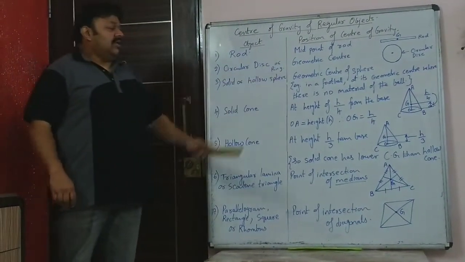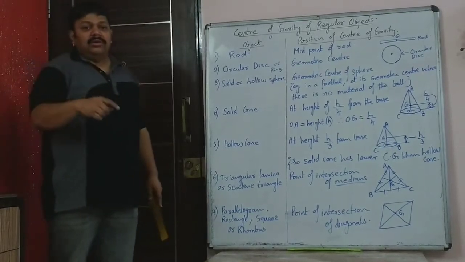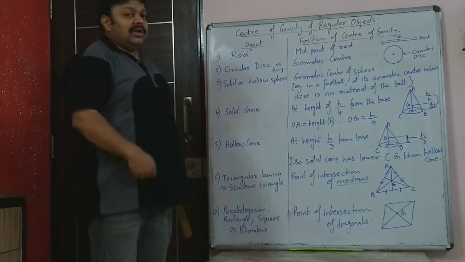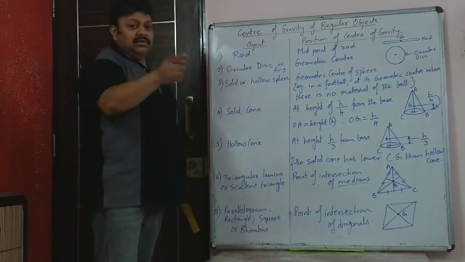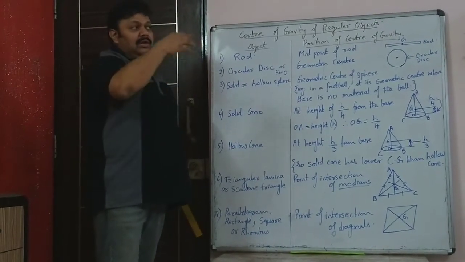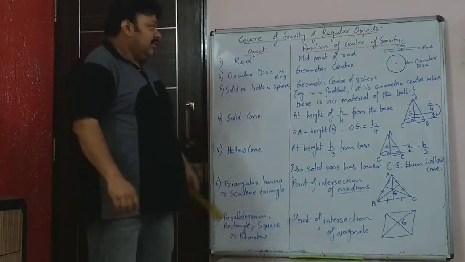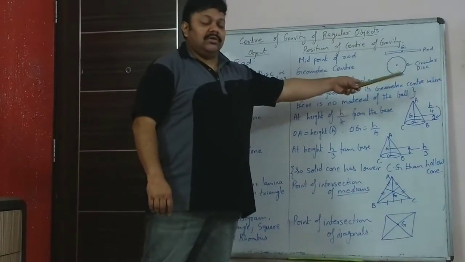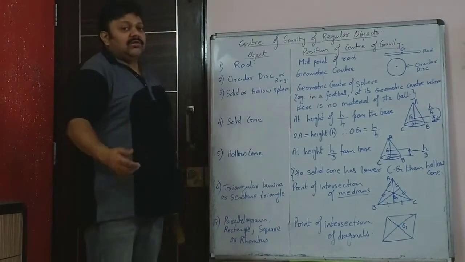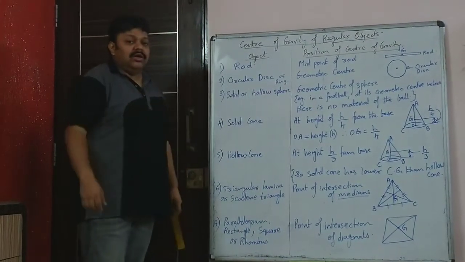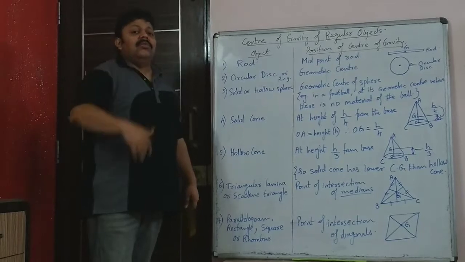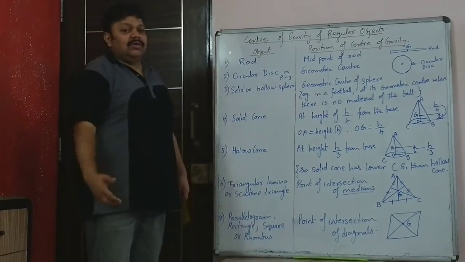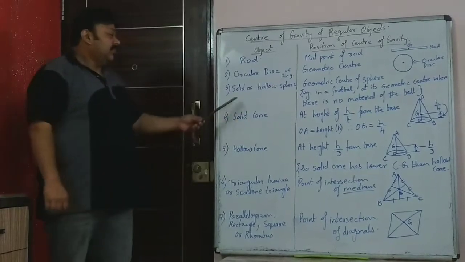Circular disc or ring. In a ring, it is open. There is only the periphery which is there. Whereas in a disc like your frisbee, the disc is solid. The entire material is there. So in both cases, it's at the geometric center, whether it is the disc or in case of ring. In case of ring, I had already explained that there will be no material of the ring at the geometric center, but still center of gravity will be the geometric center.